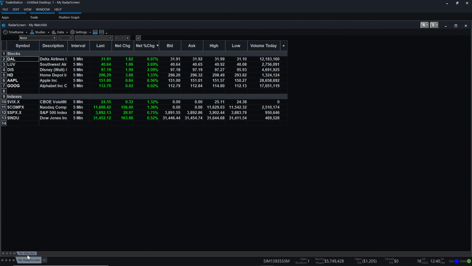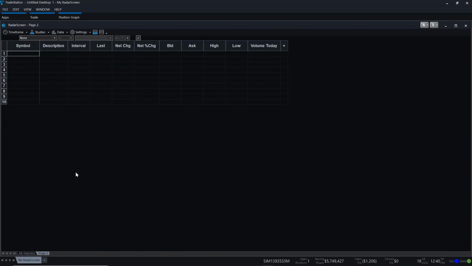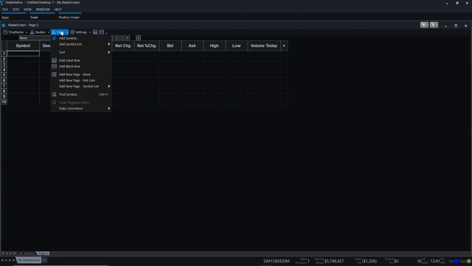You notice that I call this first page or this first tab my watch list. And Radarscreen allows you to add up to 8 additional tabs. So I can right click where it says my watch list and I can say add a new blank. And this is like starting all over from scratch. So this is page 2. On this page 2 of Radarscreen, I can come here and maybe use some of the prepackaged list of symbols that we have here inside of